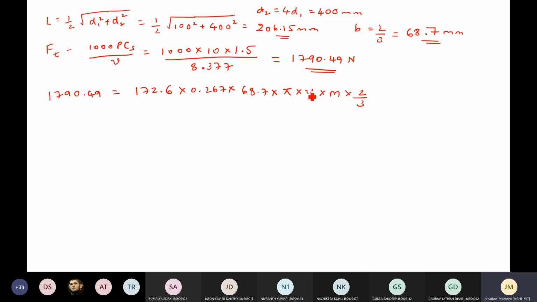So what is the equation that you are getting? The equation that you are getting is for m into y, which is required. What is the difference now that you can find? When you did the equation for spur gear and helical gear with number of teeth not known, you would have gone for m square y. Now this is m into y, which is required. So can you calculate that, how much it comes?